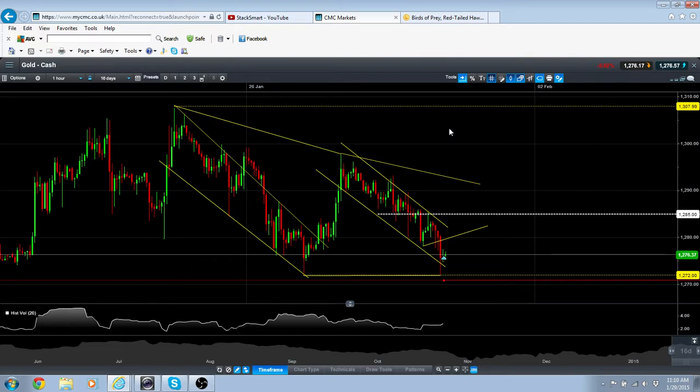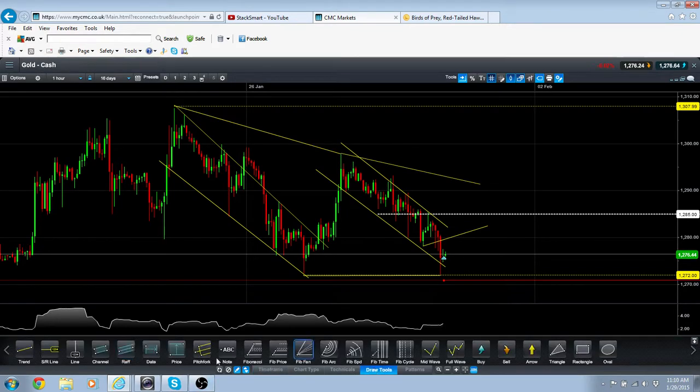Now, last time we spoke I was talking about this falling wedge, and that I saw a rally off the falling wedge, and that occurred. It rallied to 1298 from 1272, and that resolved that falling wedge pattern on the technical side, and since then we've been falling